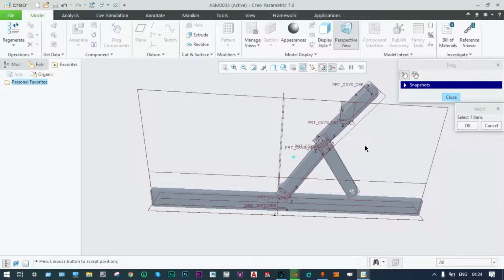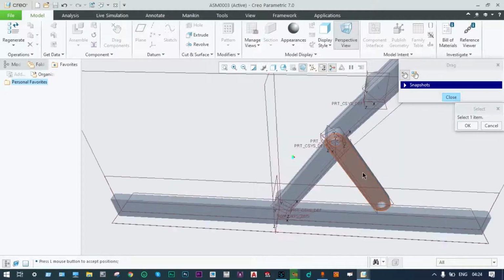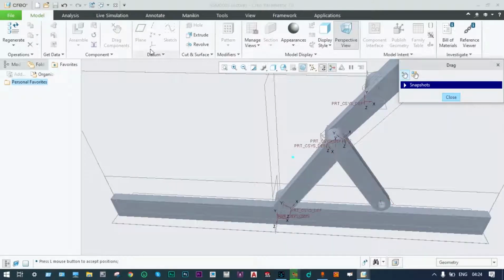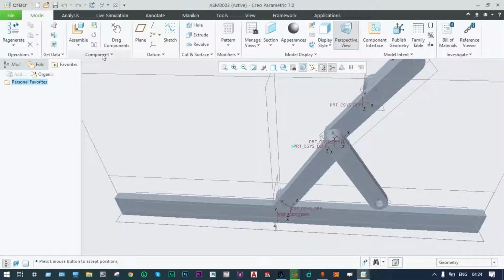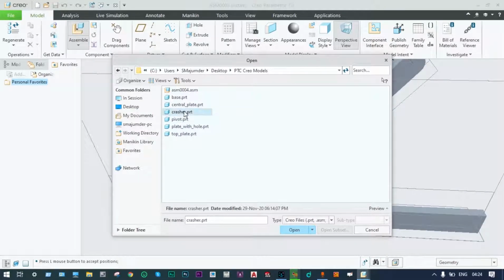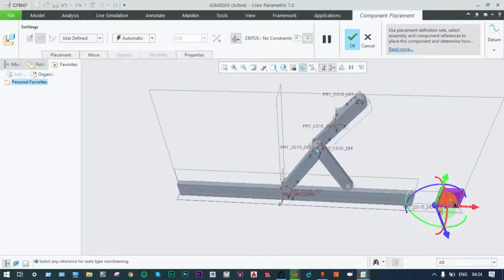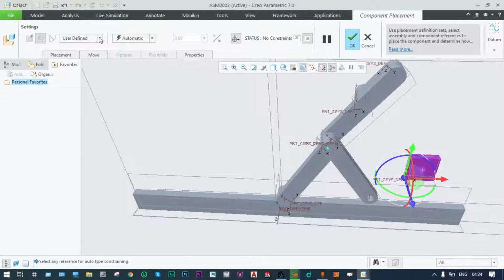Okay, fine. Now we have to import that crusher part. Let us close it and import that crusher part. Select that crusher part, open. We can drag this crusher part towards this link. Slider connection. So from user defined, we can select slider,